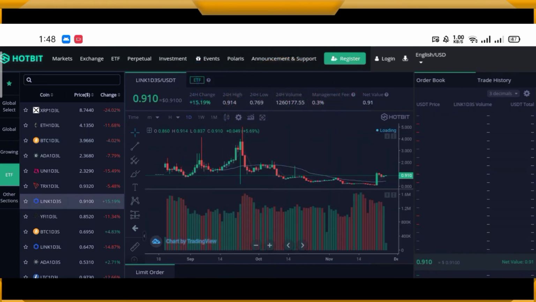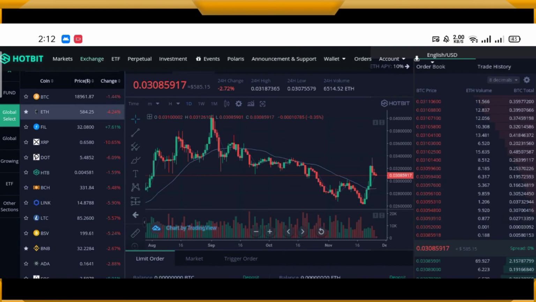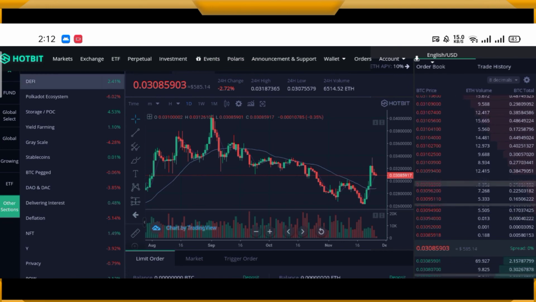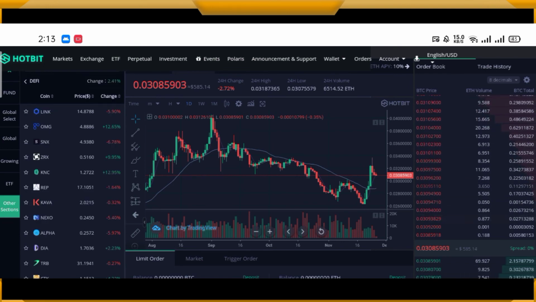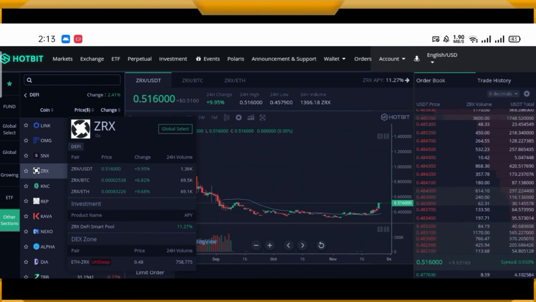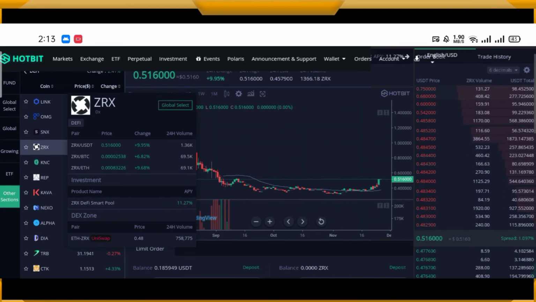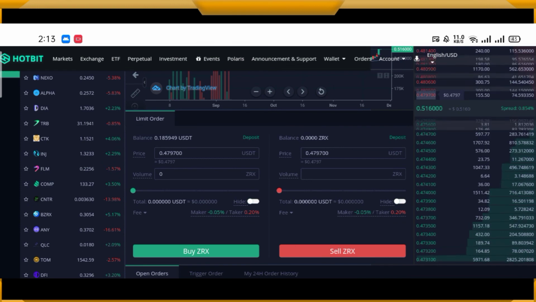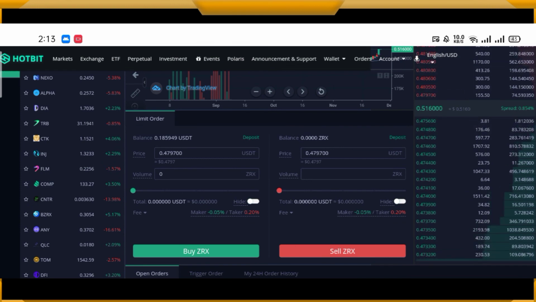Now come to an interesting part of Hotbit that I like most, the minimum trade volume. Many of us will try it first, and that's why they want to trade with a small amount first, and it's allowed in Hotbit and only Hotbit. As an example, I want to buy a DeFi token with this small amount. Will it be possible? Yes, I think so. Here you see that the order is complete.